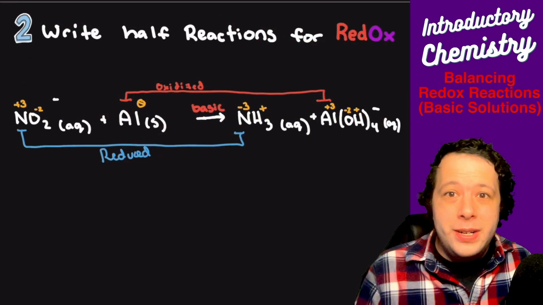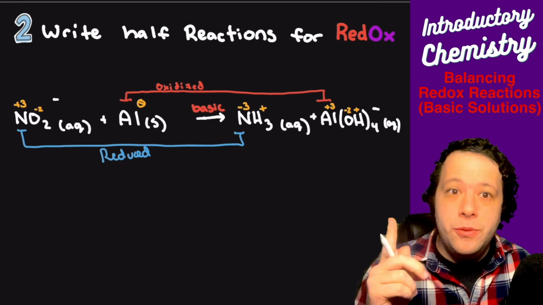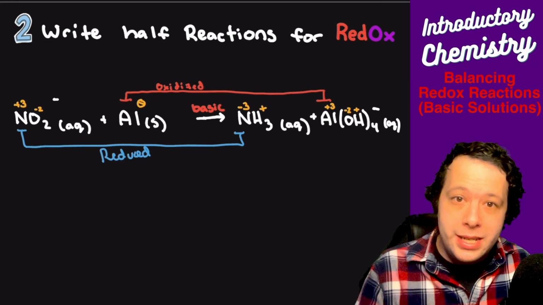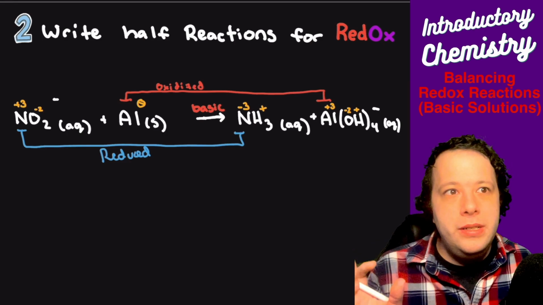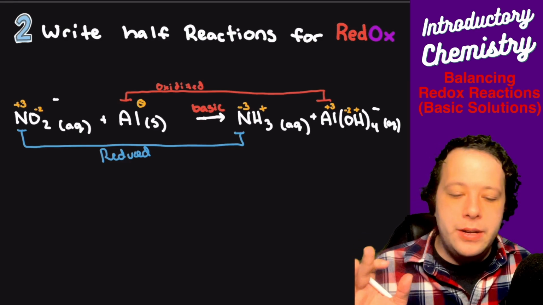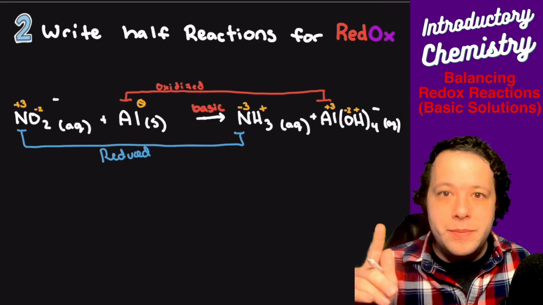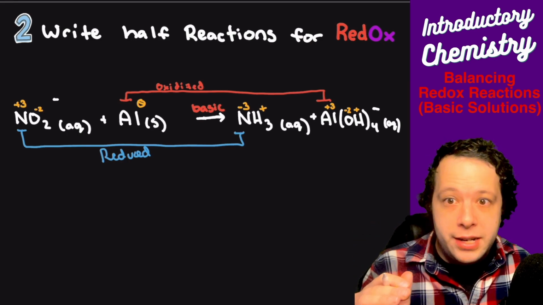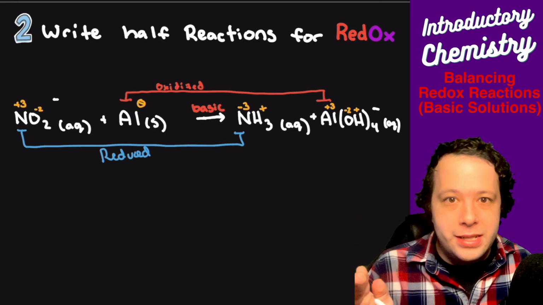Okay, so now our next step, step number 2, is we're going to write out our half reactions, which are going to emphasize the oxidized and the reduced parts of the reaction. Now, when you do these, you could technically skip the first step if you wanted to. I really only would recommend it to people who have a lot of practice. The big thing is that they have to match the metals or whatever the other element is in each one of them.